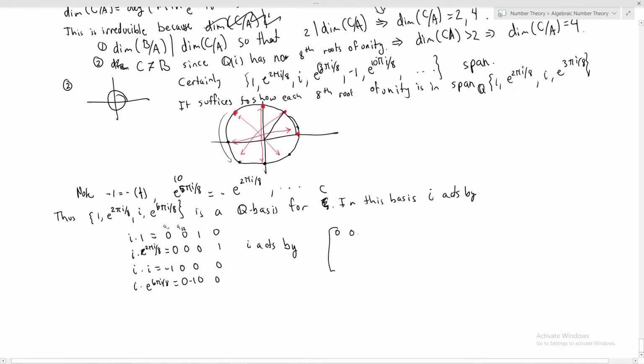Yeah, I think this is right. Negative 1, 0, 0, 0, 0, negative 1, 0, 0. And the determinant of this guy,